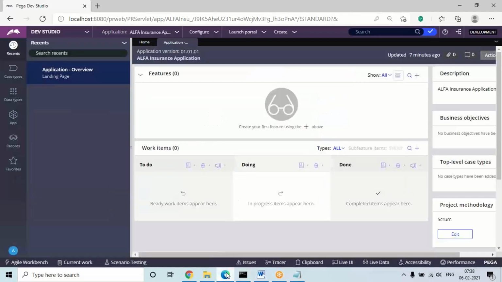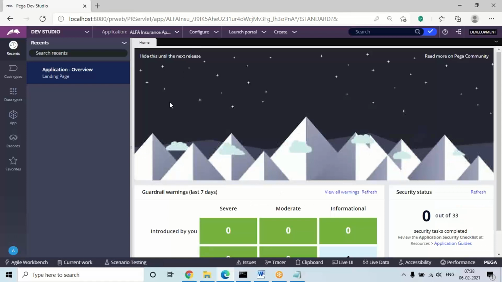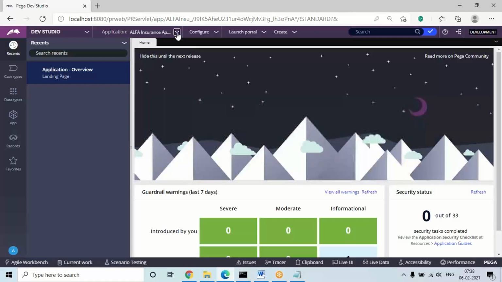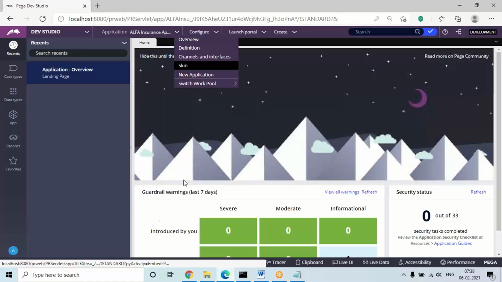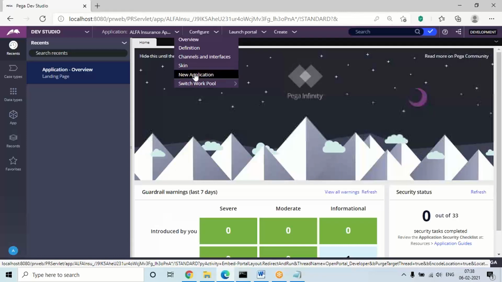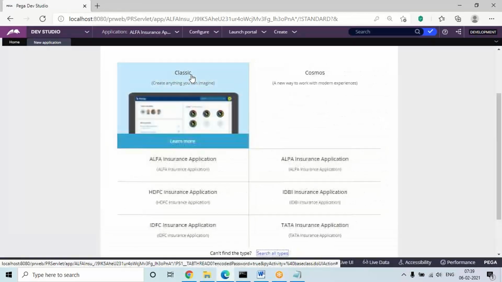So let's see the process now. You can close this tab that you get for the application, which you get only once. Here you don't get the build application button, only this option will be available. From the application menu, choose the new application option and follow the screens in the widget.